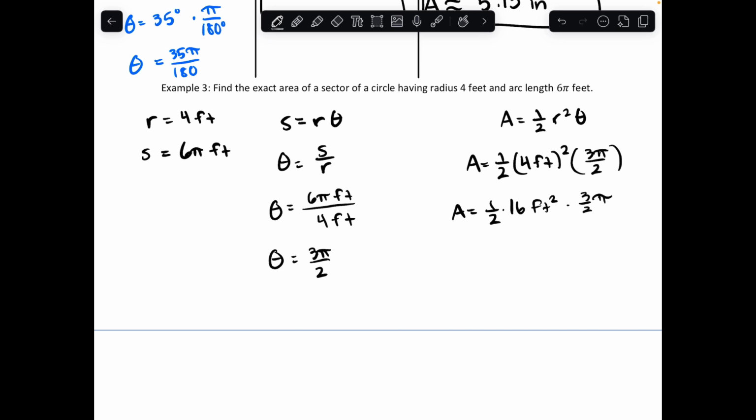Now we could plug all this into a calculator, but we don't want to because the question is asking for an exact area. So we'll just leave pi as it is and we'll multiply all the numbers in front of it. So we're going to have A equals 1/2 times 16 is 8, and then 8 times 3/2 is going to be 24 divided by 2. 24 divided by 2 is 12, and so we get 12 pi feet squared. And that is the